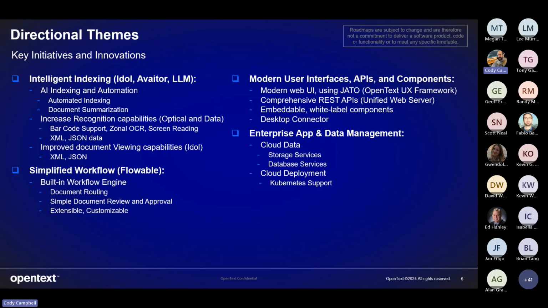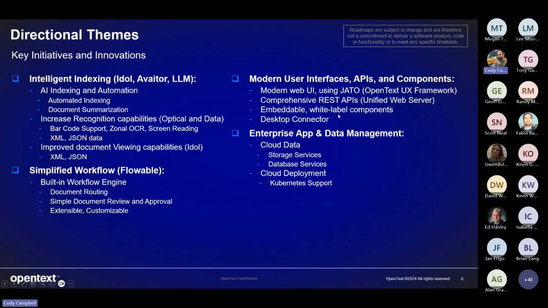So again, back to what we've built with the new UI tooling and the new design standards is a new web UI we'll show you today, or the new web engine and some of the architecture behind it. And then obviously the REST APIs that we continue to build out. And I'll talk about the unified web server, which is a consolidation of a lot of things to make it simpler for a developer to work with the platform. And we'll talk about that.